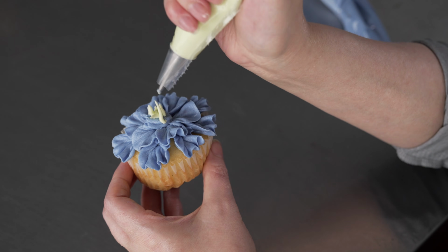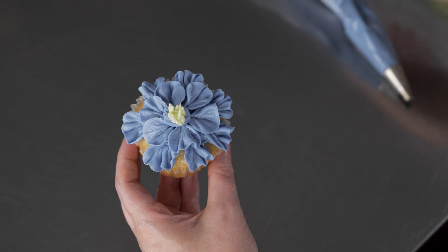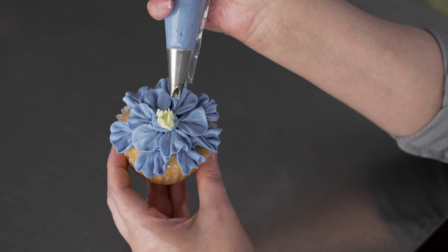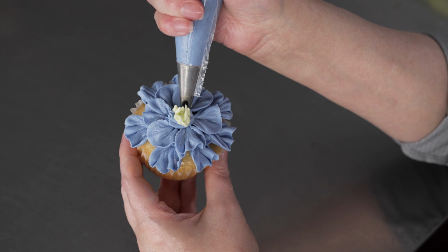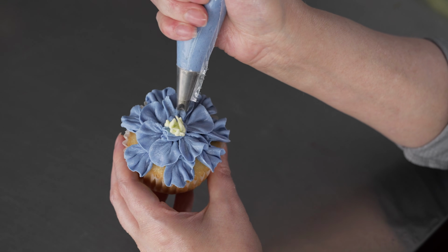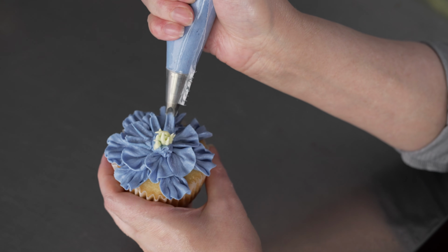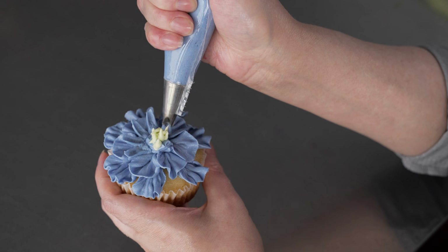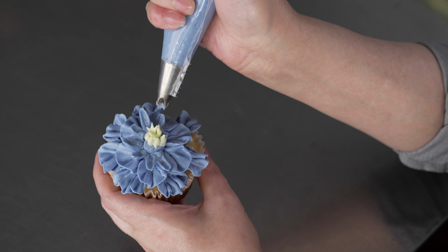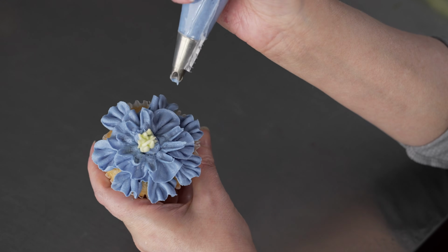So I'm just pulling some short little spikes with my number 3 tip all the way around till I like the way it looks. And then we're going to go in with our 81, start next to those short fat petals, sliding at a 45-degree angle and kind of up. Just kind of giving a little kick up at the end. Give your cupcake a little turn every time. And it'll probably take a few